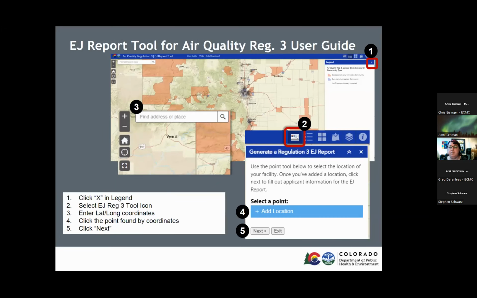Once you do, you'll get into this GIS layer, which will have the top left selected. So you'll want to close out the legend in there and then open up the Generate Regulation 3 report. It's a very similar collection to what you see on the normal Colorado EnviroScreen tool. You can put in lat longs in here as well, and just click on the points that it selects when you go to that lat long, and it will ask you to select that point,